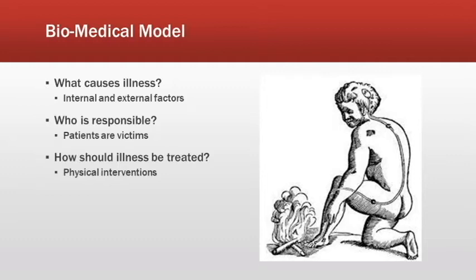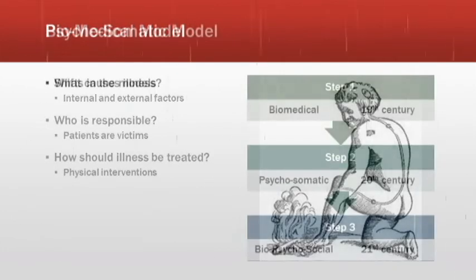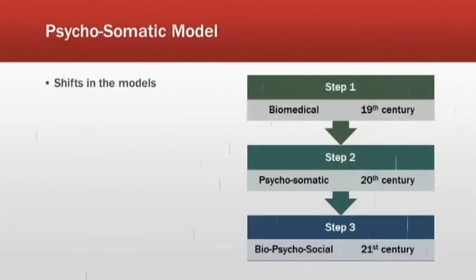So when we look at the role of psychology in health and illness within this traditional biomedical model, illness may have psychological consequences, but not psychological causes. So, for example, cancer may cause unhappiness, but mood is not seen as related to either the onset or progression of the cancer.